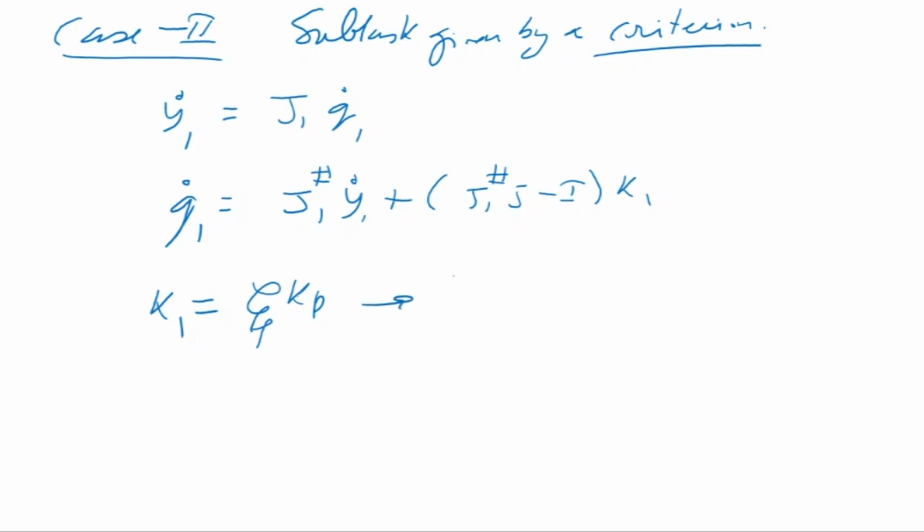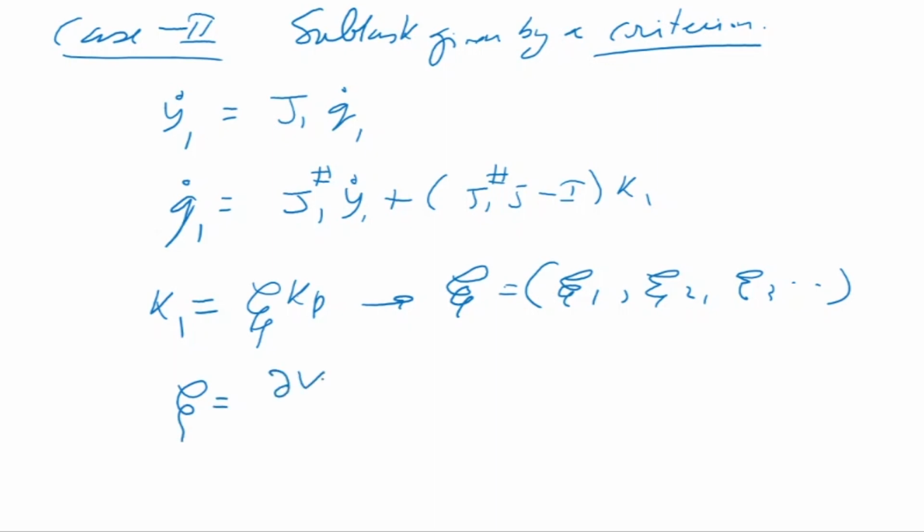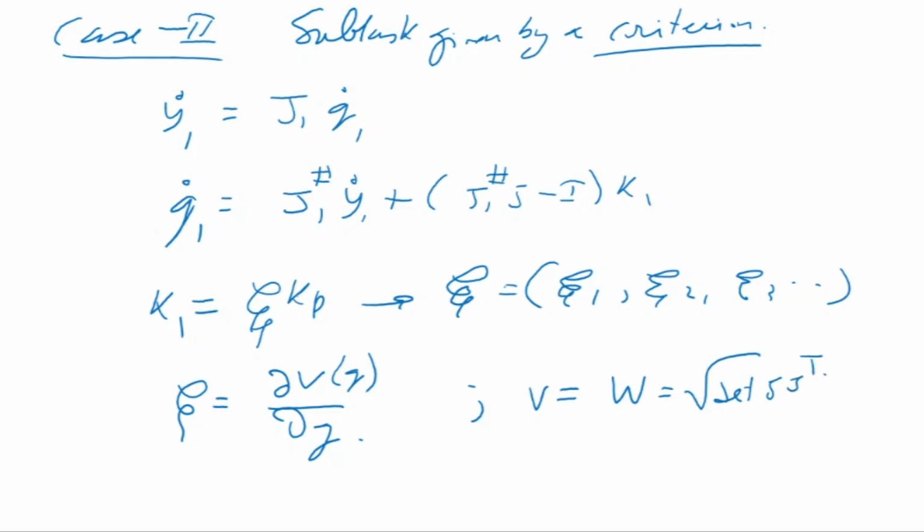Okay, and eta can be consisting of 1, 2, 3 different functions, sub functions. Okay, then what I can do, eta would be equal to, I can put it this way, dvq by dq. Okay, so this function v can become equal to w, or the manipulation ability, which is equal to determinant of jj transpose. So if you're trying to optimize manipulation ability when you're moving, then what we can do is we can take this here, take this one and put it there. Okay, so when you're moving, what is happening is, this is your first task, this is your second task.